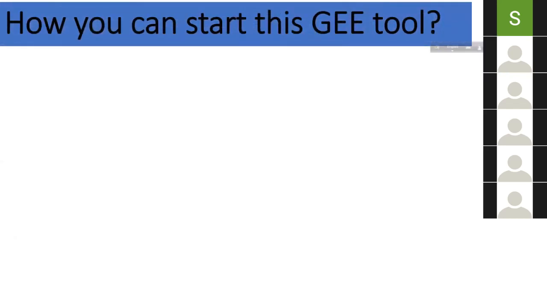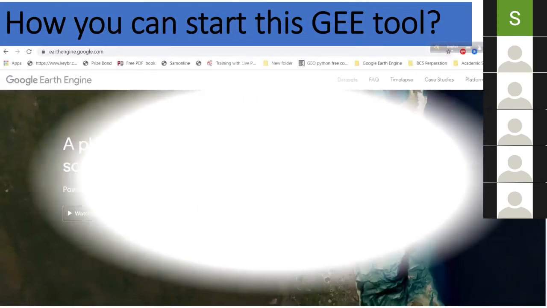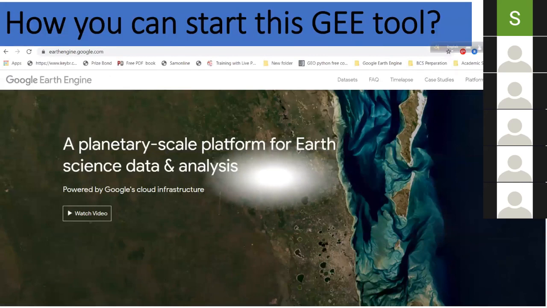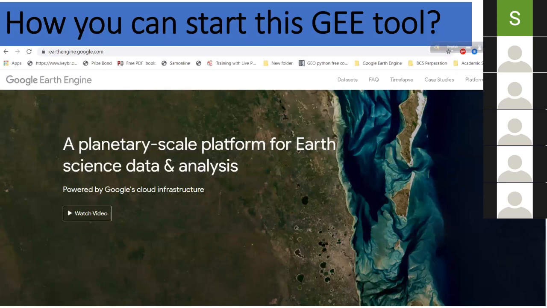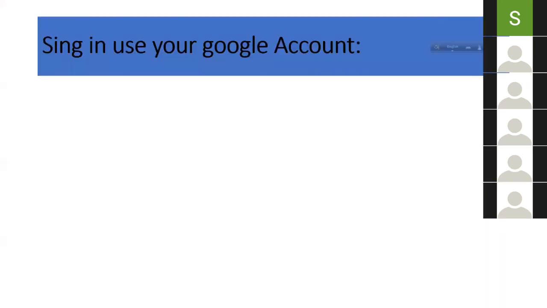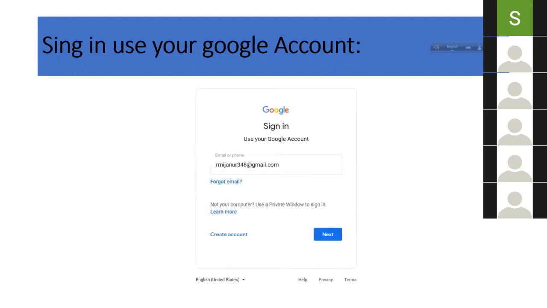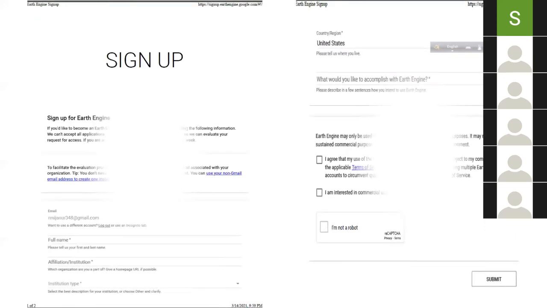So now, how can you start this tool? First you need to go to this link, earthengine.google.com. You see the main interface. This is the main interface of Google Earth Engine. You simply click here on the sign up button. After clicking the sign up button, you will need to sign in to your Gmail account. You put in your Gmail account and password, and then you will go to this page and fill out